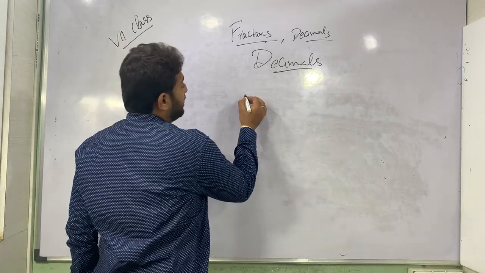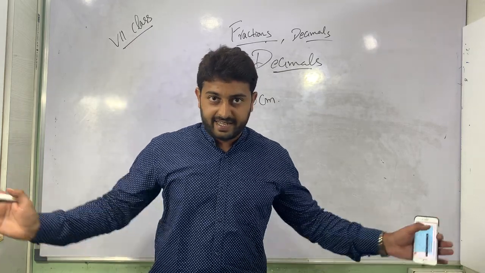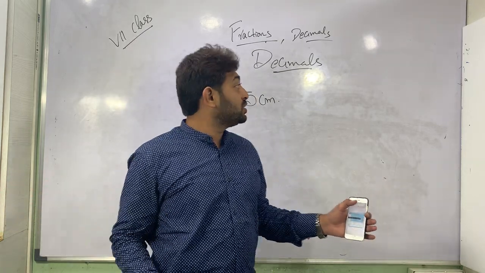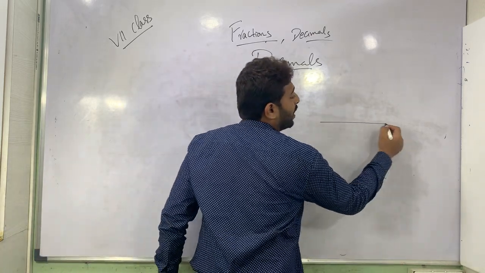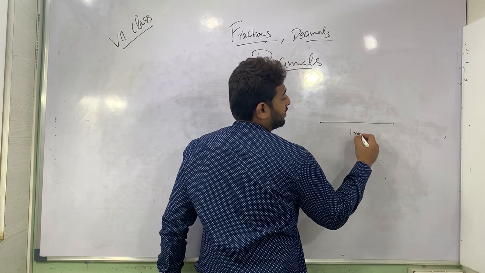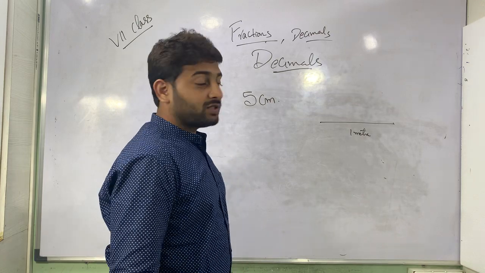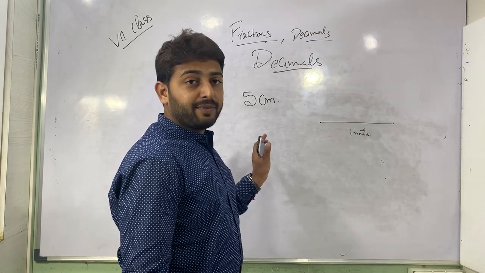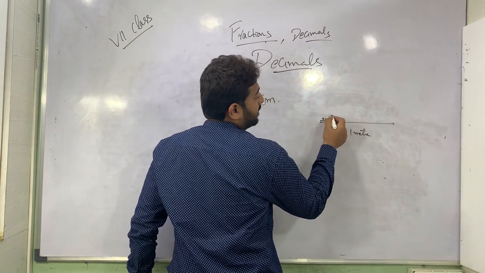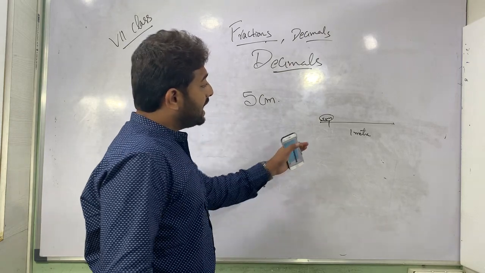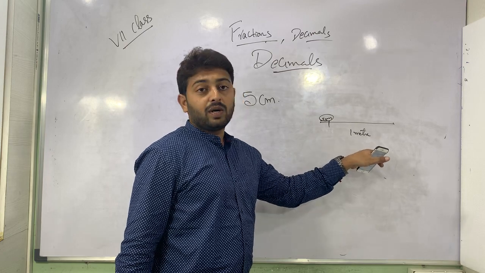Now they have given 5 centimeters, okay. So you have a stick which is almost 1 meter in length. So you know how to convert meters into centimeters, right? Now we will be converting centimeters into meters using decimals. Now 1 meter in which 5 centimeters is given. Now they are asking us to find out how much this 5 centimeters can be converted into meters.